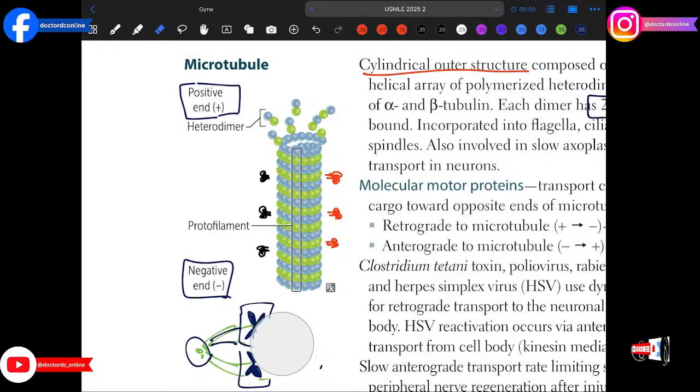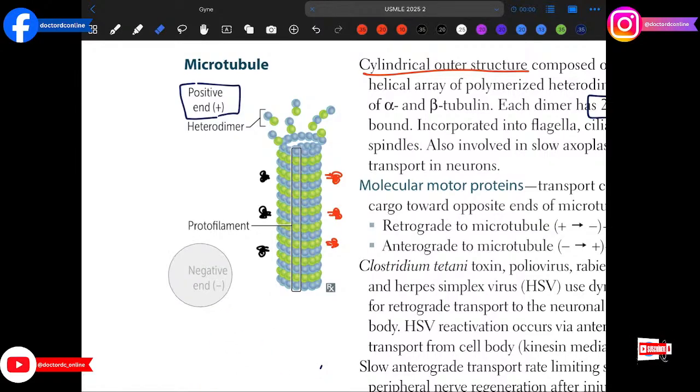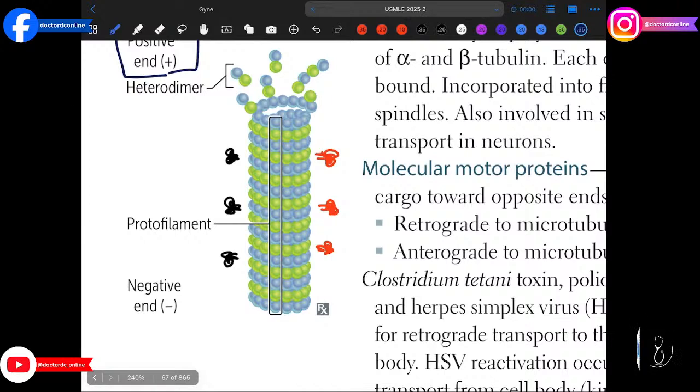In neurons, the positive end of the microtubule is at the distal end of the axon, whereas the minus end is near the cell body. So which motor protein is used to move something towards a synapse? That would be kinesin. And by the way, if you're moving a vesicle filled with proteins along the axon using kinesin,